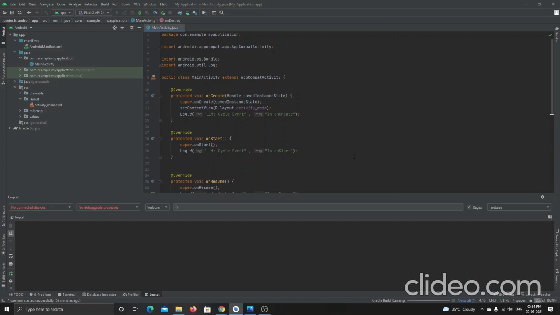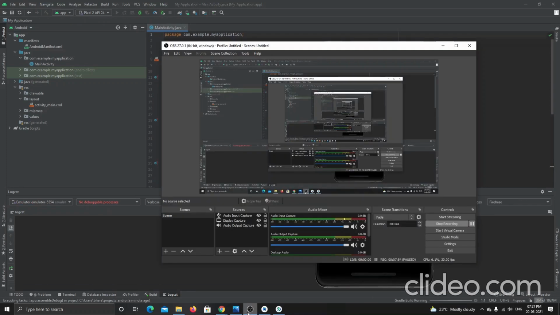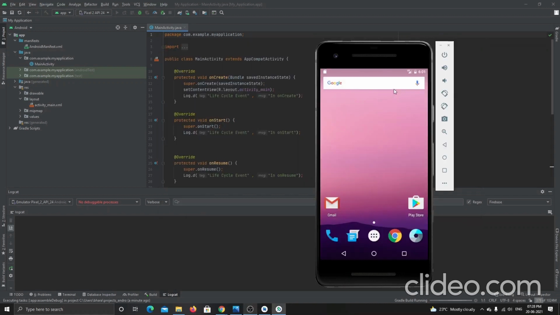It will take some time to build the Gradle, so I will pause the video now. It has just started loading. Let's wait for 2 minutes more.